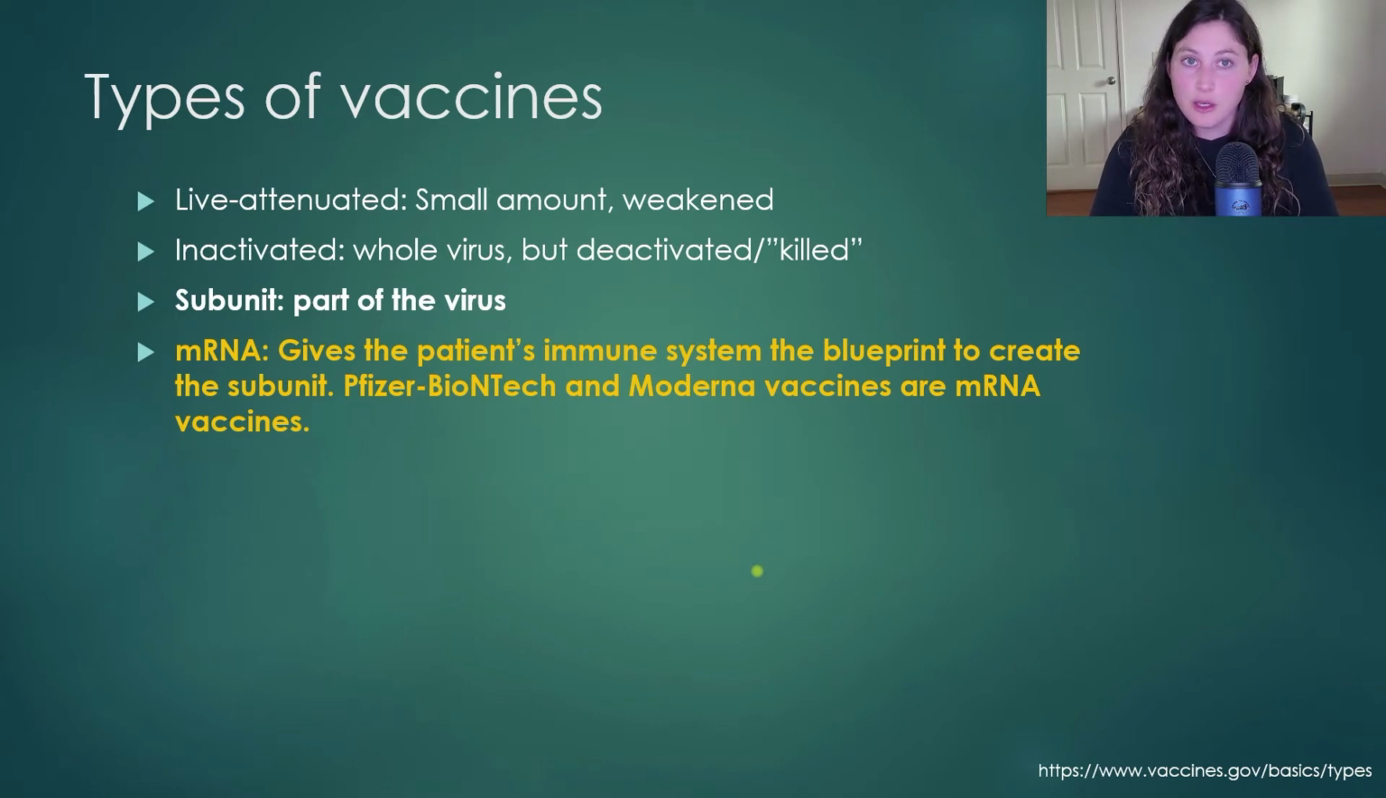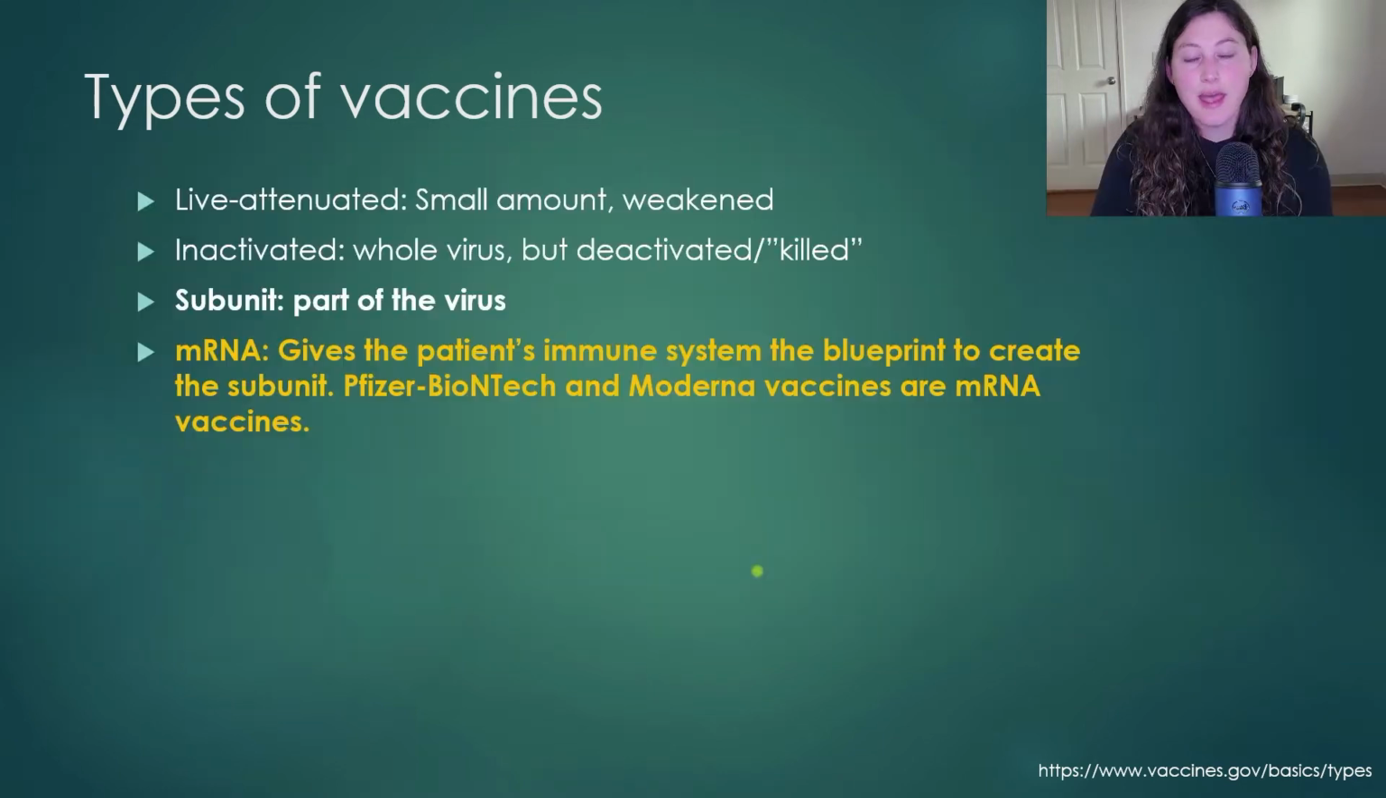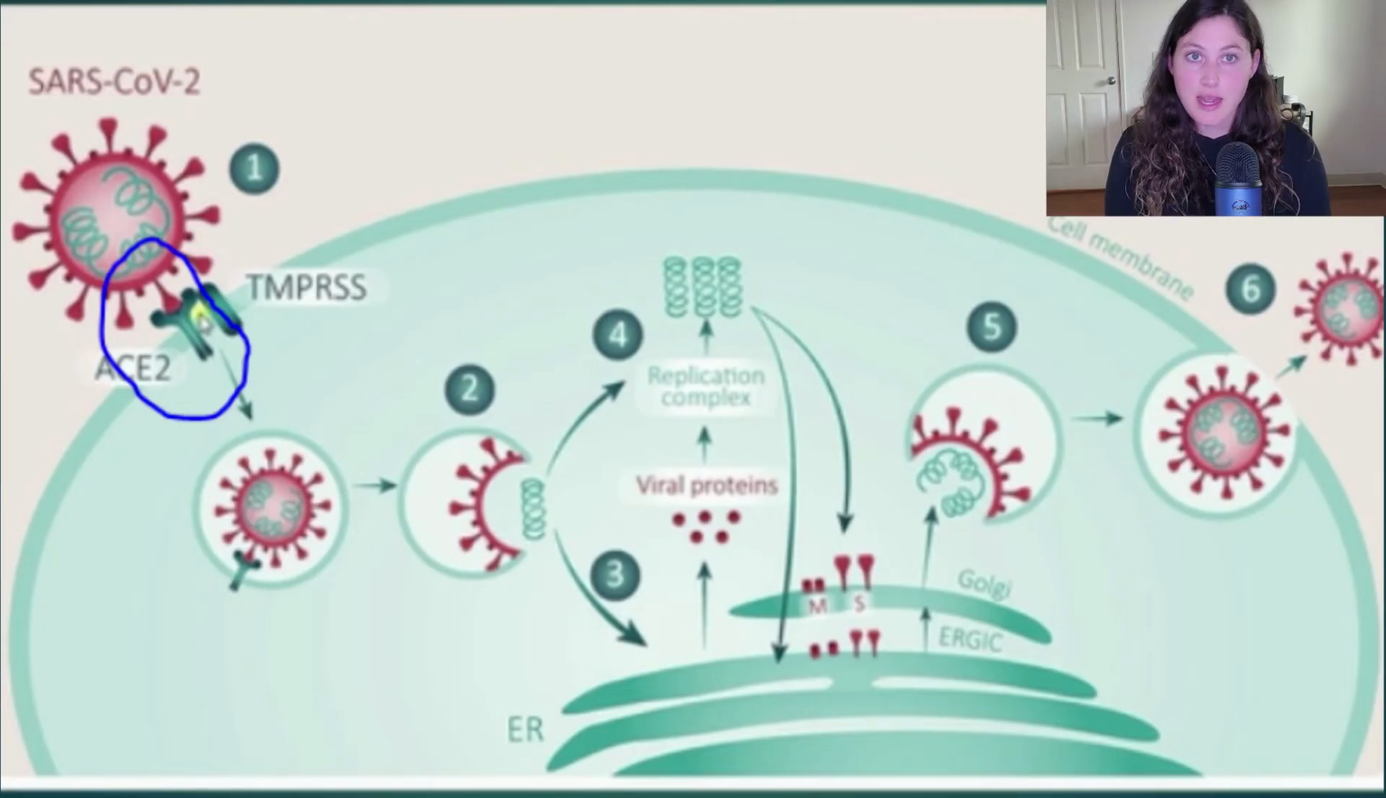These are relatively new vaccines where instead of making the piece of the virus, the subunit, in big factories in tanks of cells, the mRNA vaccines give the patient the instructions to make the spike. Instead of it getting made in a factory, it gets made in your body. But just the spike, the protein that binds to the ACE2 protein on your cell to get inside of your